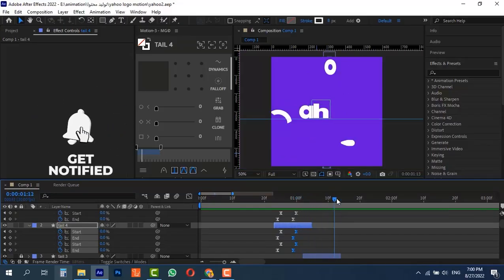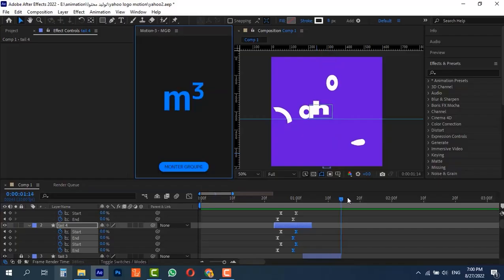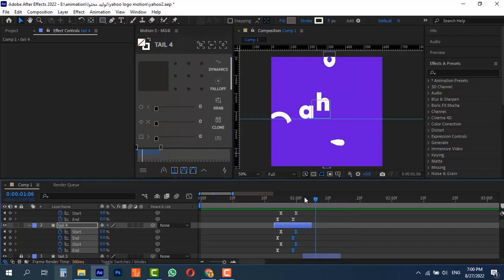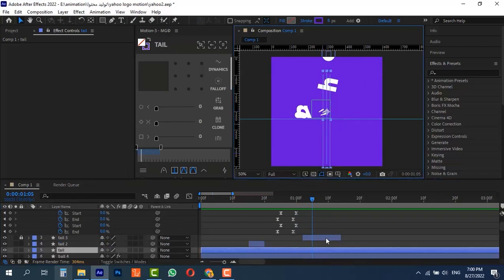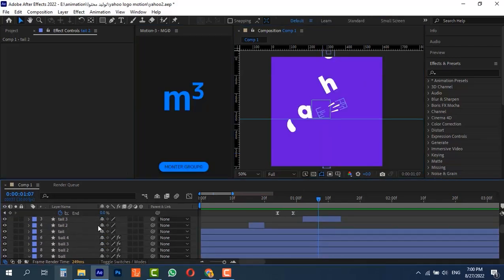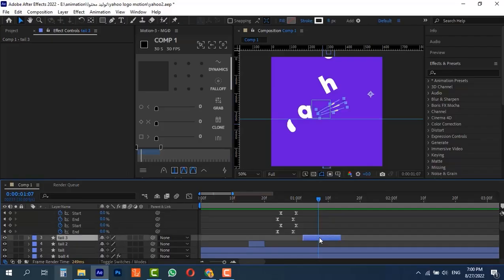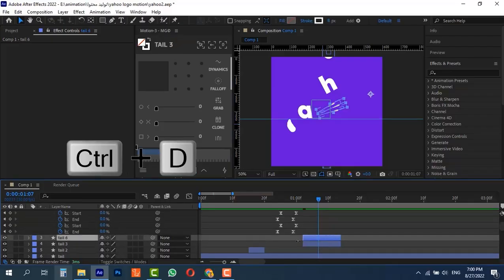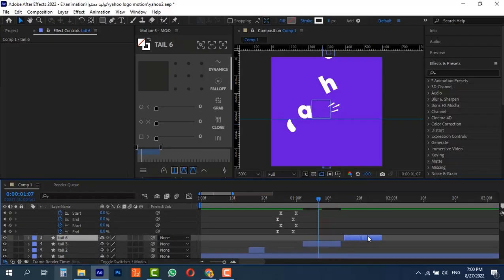Again, we can do this operation for the exclamation mark and the letter Y. We can duplicate this layer, Ctrl D. First, I move this layer,